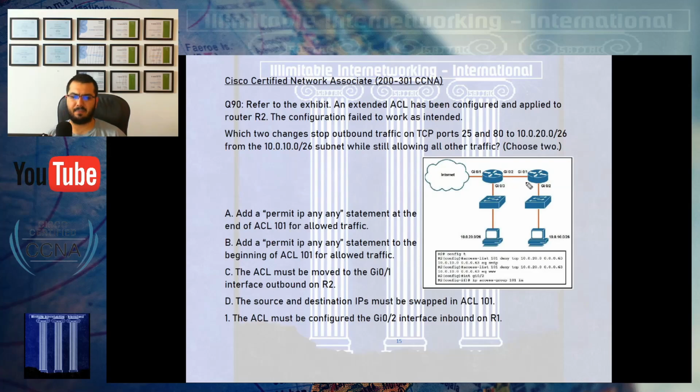Question 90. Refer to the exhibit. This is the exhibit. Oh god, this question is full. An extended ACL has been configured and applied to router R2. Which one is R2? Okay, anyway, let's see. There is nothing here that refers to it. The config failed. Of course it will fail. Anyway, okay. The config failed to work. Which two changes stop the outbound traffic on TCP 25 and 80 to 10.0.20.0/26